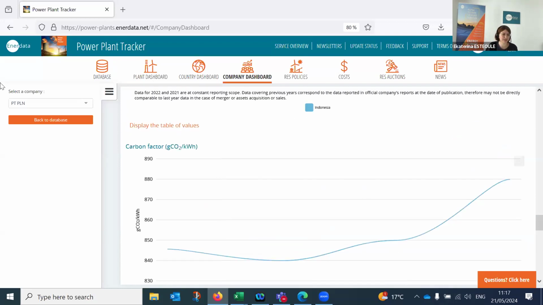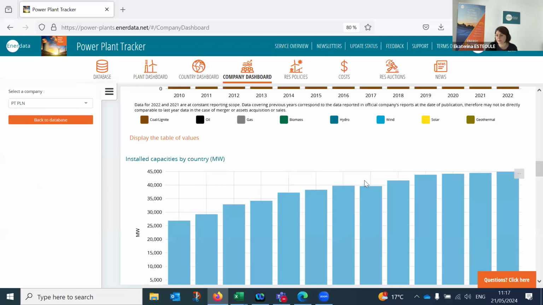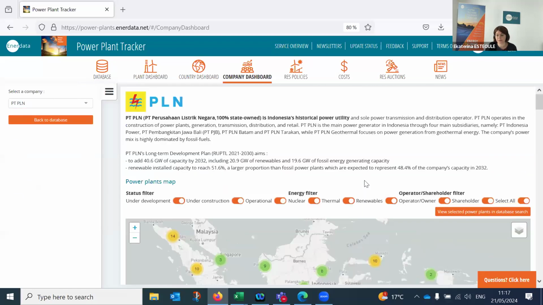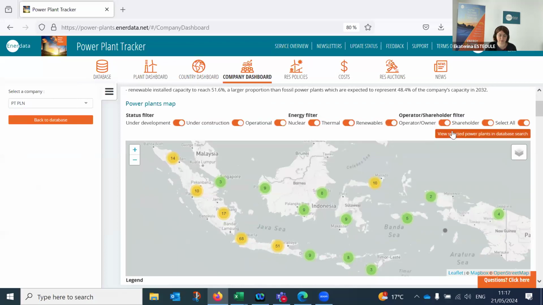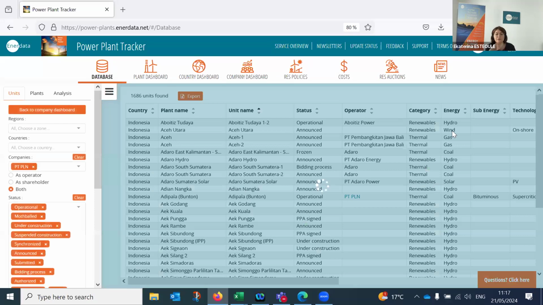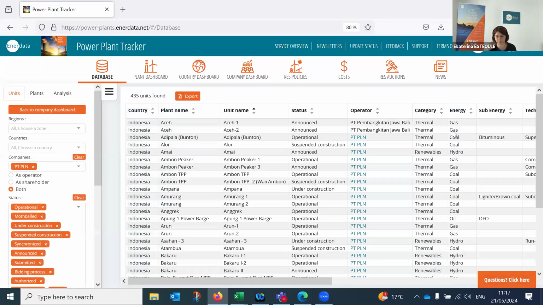So, company dashboard. Also, if need be, you can make your search and visualize the company of your interest by clicking here. And also a very useful button that we can find near the map, because you can visualize all the assets where this specific operator participates as a shareholder or operator in the database itself.